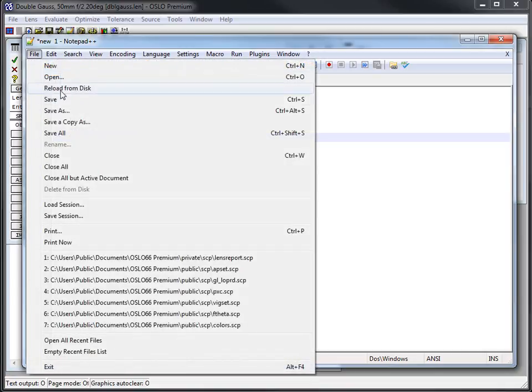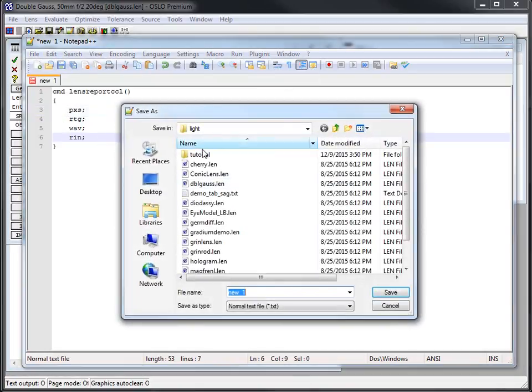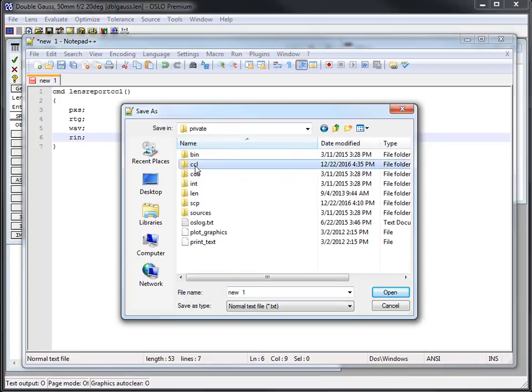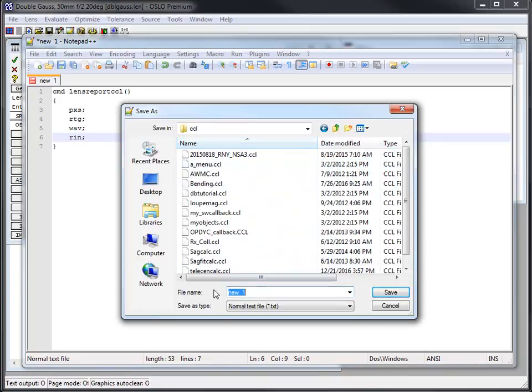Now I need to save it. When I go to save as here, I have to save it with .ccx, and I have to save it in the right location. Since I am writing this code, and there are certainly a bunch of CCL files in the public directory, I'm going to save this in my private directory. So private CCL, and here I'm just going to call it lens report